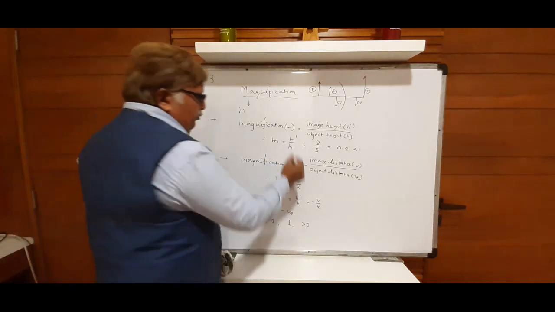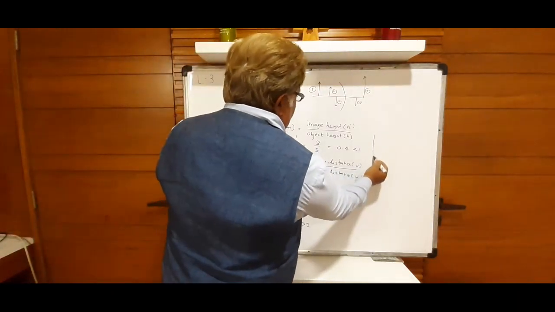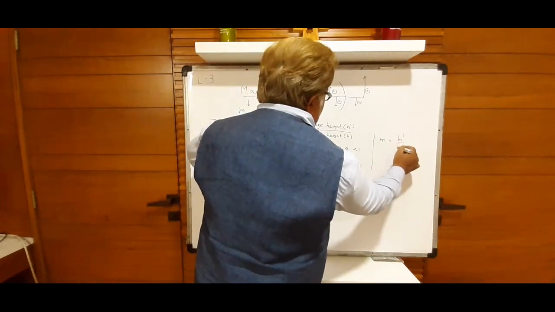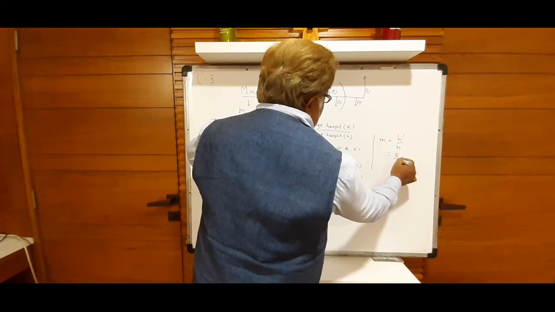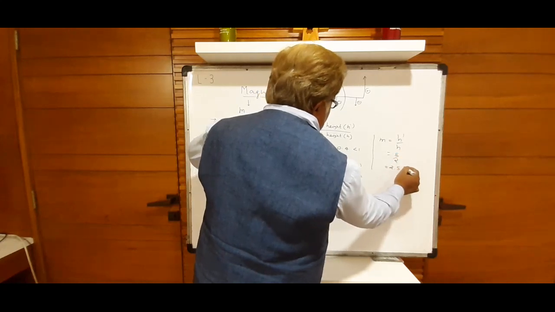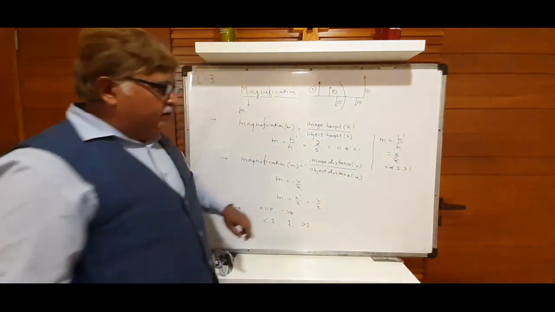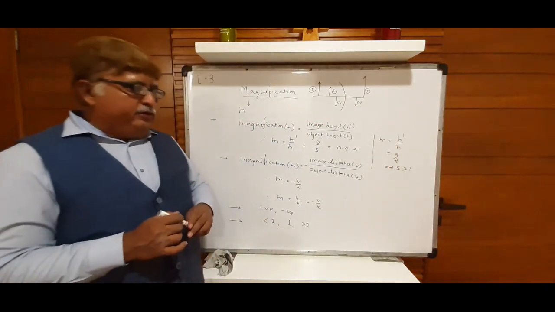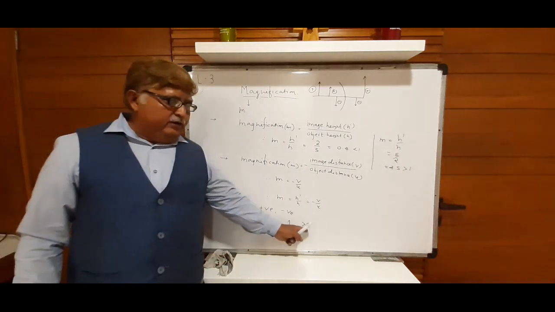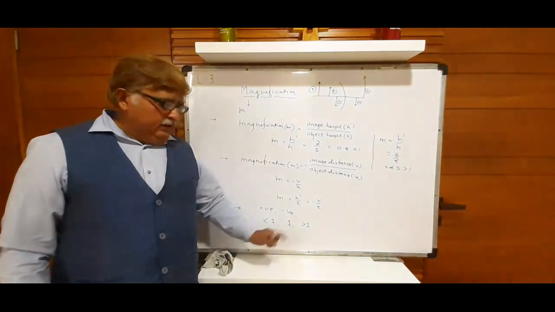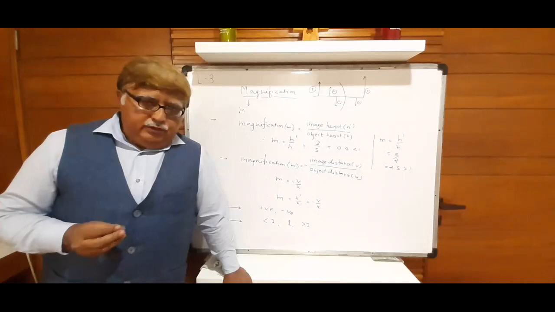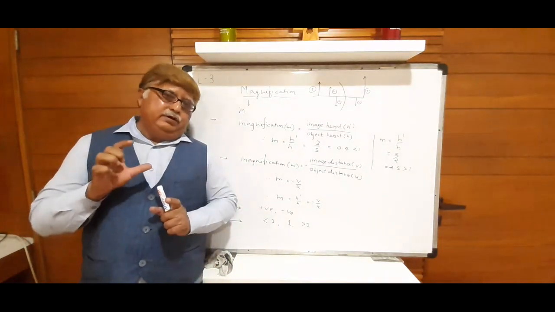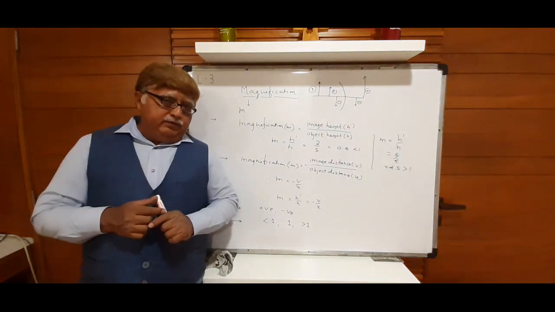Contradictory to this, think the opposite. Just take an example, m equal to h dash upon h. Suppose image height is 5 and object height is 2, this is 2.5, greater than 1. So if image height is more than object height, magnification is greater than 1. When can it be 1, you can guess it yourself. When image height and object height are equal, then the magnification is 1.